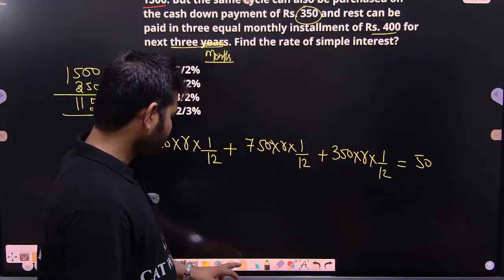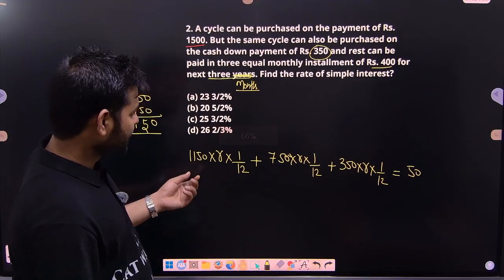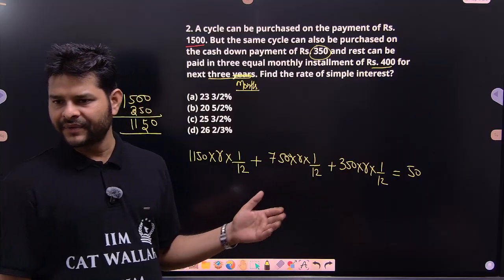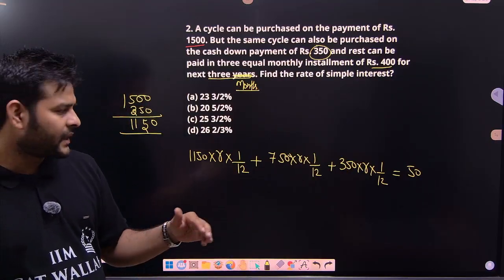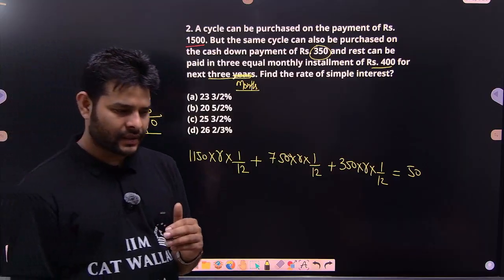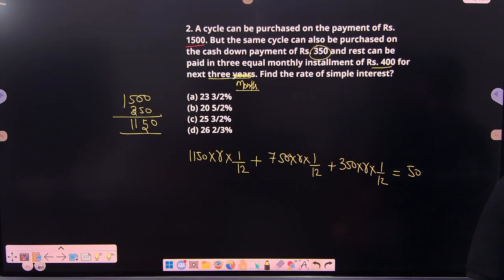At least take 15 seconds to understand this equation. Now we will get the answer after solving the equation. So the main part is to make the equation. So are you able to understand how we are making this proper equation?